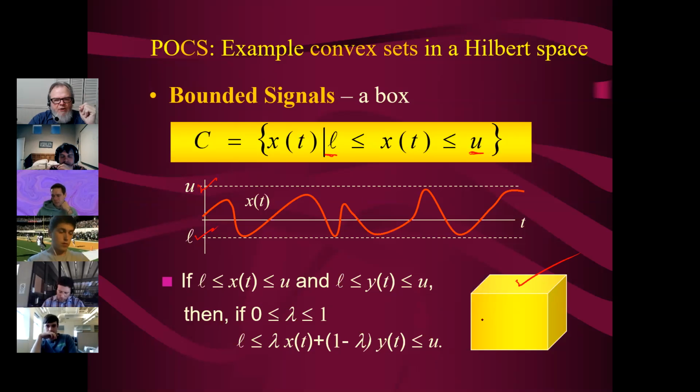Now, to prove it, we have to go back to the definition of the convex set. We have a bounded signal x of t. We have another bounded signal y of t. If we add lambda times x of t plus 1 minus lambda times y of t, and lambda is between 0 and 1, is that signal bounded also? Yeah, I think it is. For example, if we have this signal,